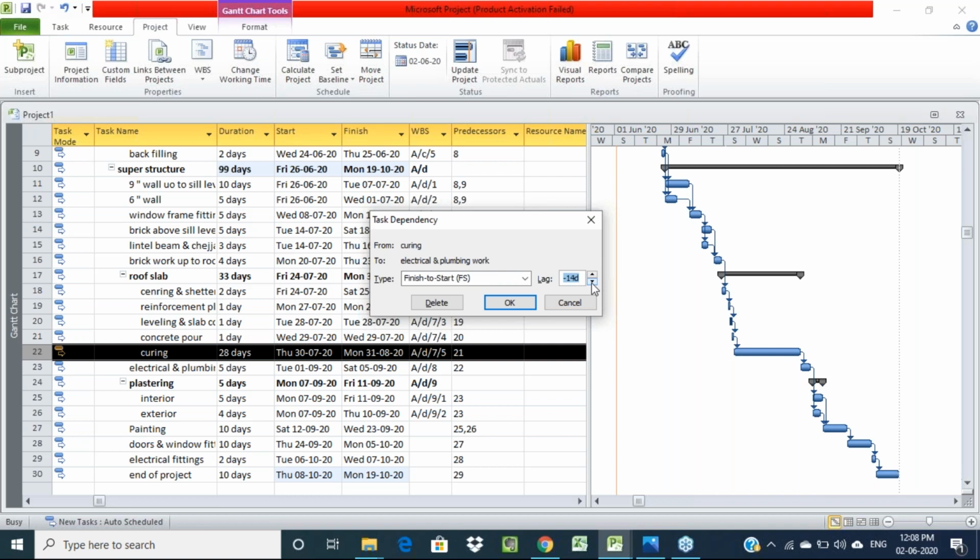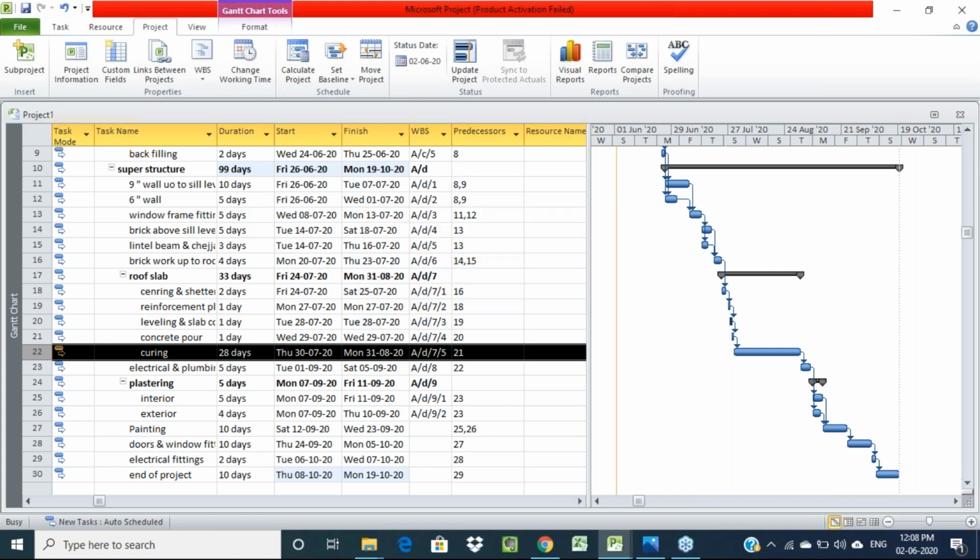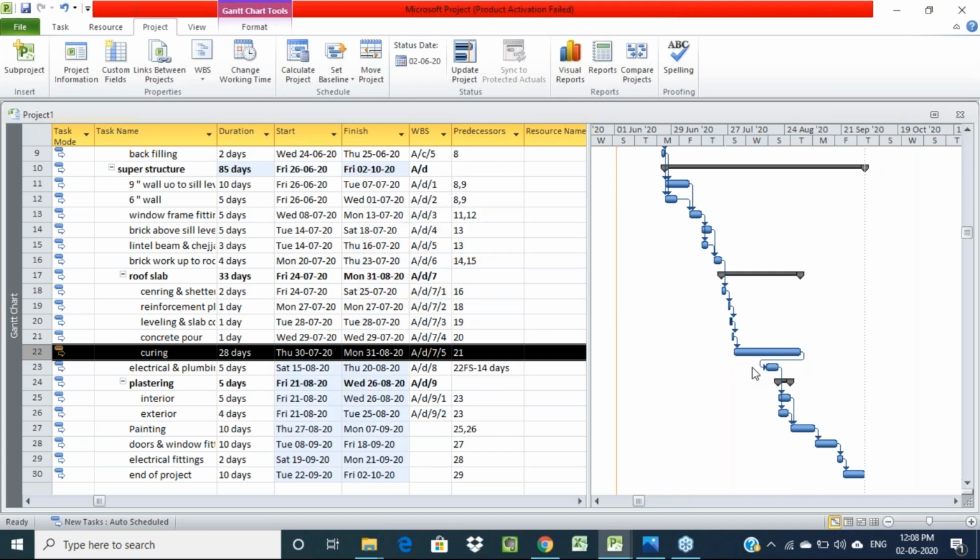So we are starting our work 14 days before; we can't wait out 28 days. Here you can see the total curing duration we have given is 28 days, but we start our next activity after 14 days only. That means we are providing a lag of minus 14.